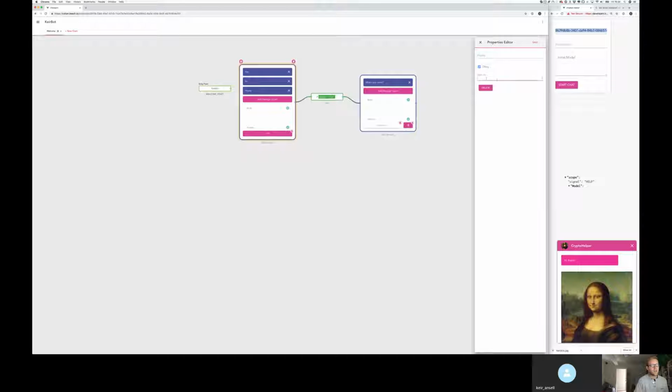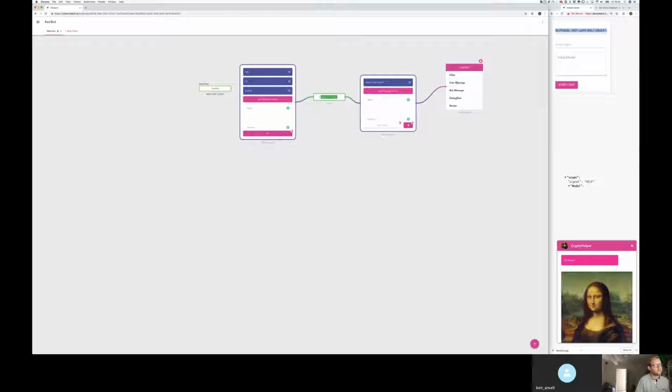Like delay, which is really important when you're designing conversations to make it a bit more realistic. We can do that on a per connection basis. Play around with that. But in principle, this should now work. And then let's just finish this off with